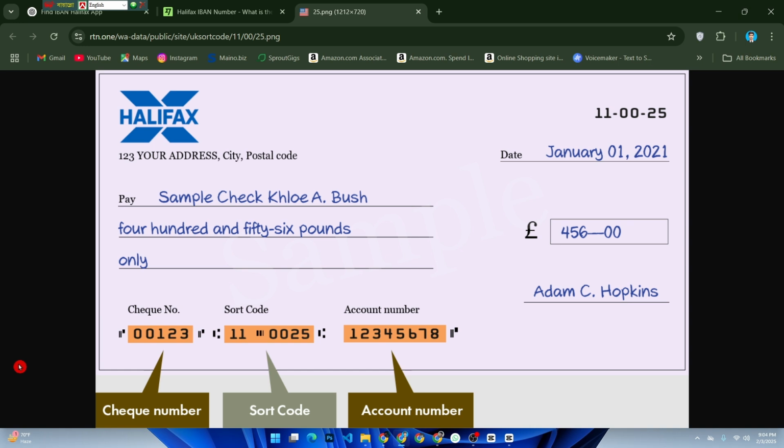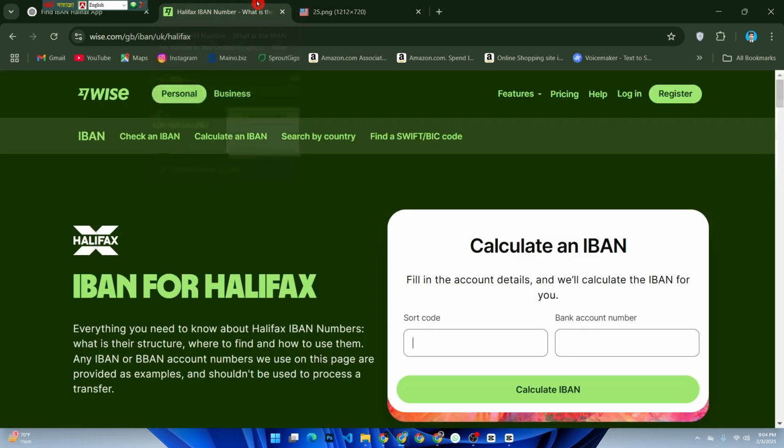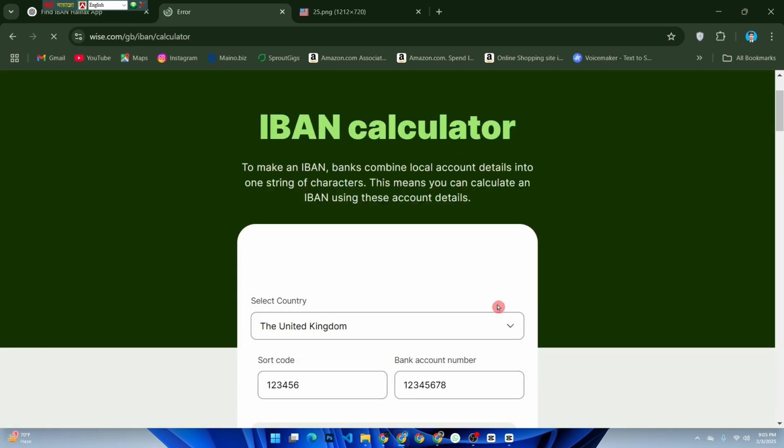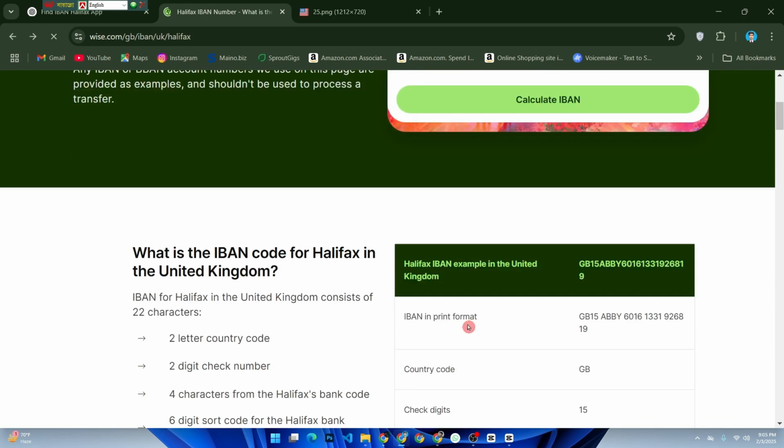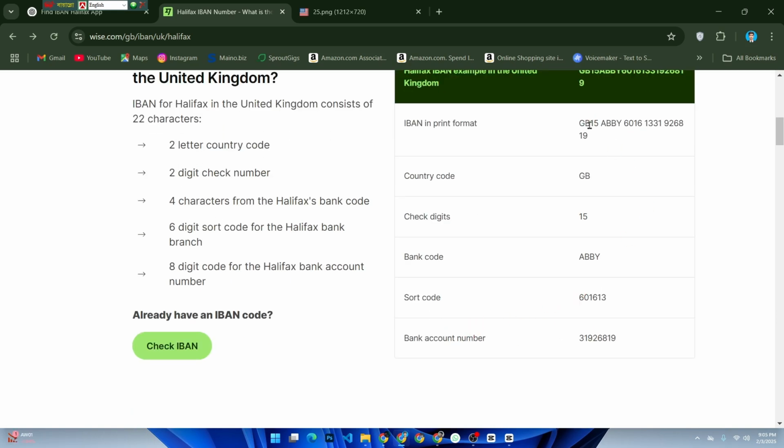IBAN stands for International Bank Account Number. To calculate it, Halifax uses your 6-digit short code and your 8-digit account number and adds a UK country code, GB, followed by a 2 check digit. For example, if your short code is 123456 and your account number is 12345678, your IBAN would look something like this: GB12 HBUK 12345612345678. Now Halifax users can also directly get the full IBAN by tapping View IBAN from your account details for